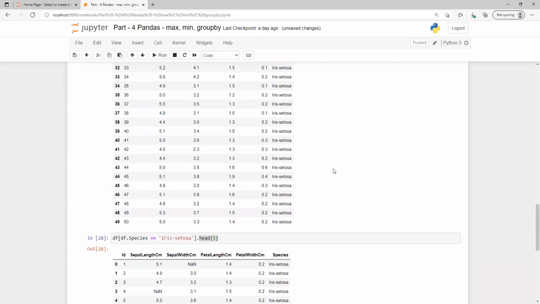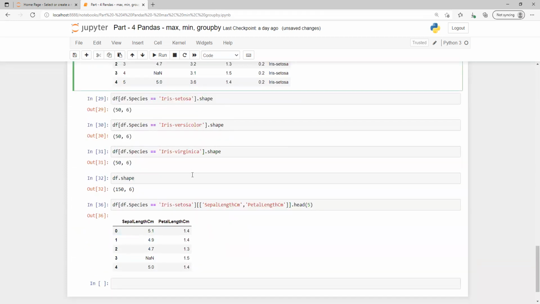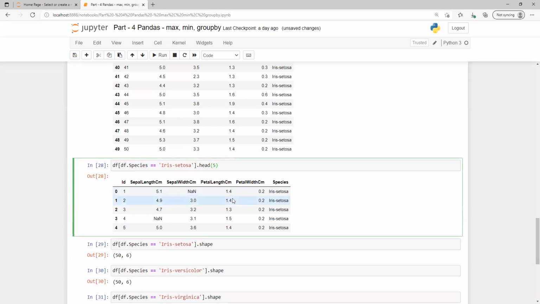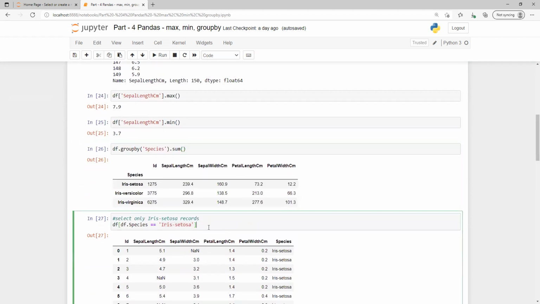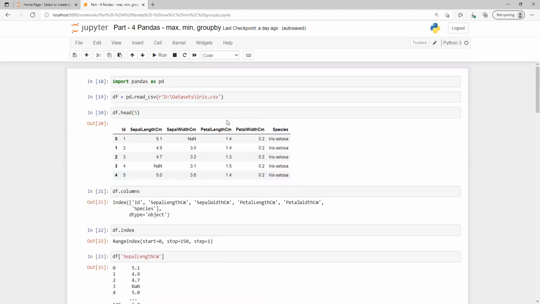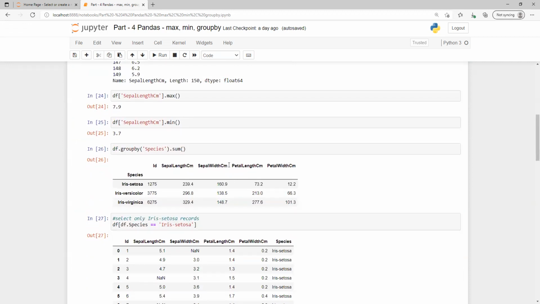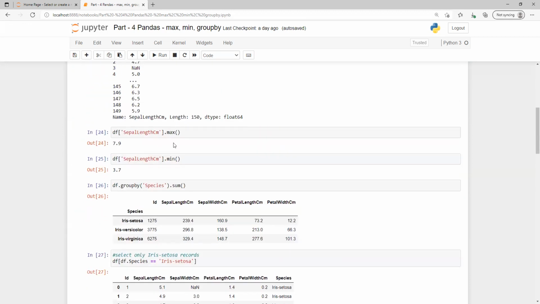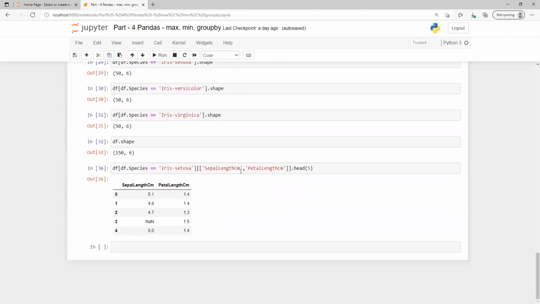I hope you understand a few of those basic logics, how we can use group by, how we can do the equal operation, and how we can find mean and max. All those mean, max, sum things will be important when we try to understand how to replace the null values that we have. At that time we'll see how we can replace all those values and how we need mean and max for that. Please let me know if you have any questions. Thank you.